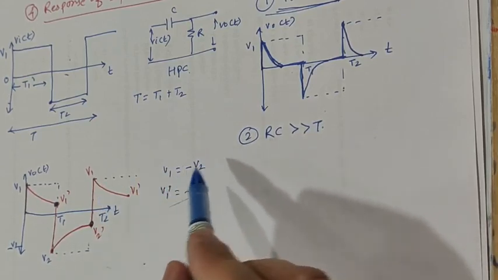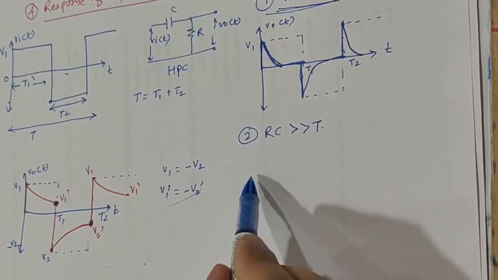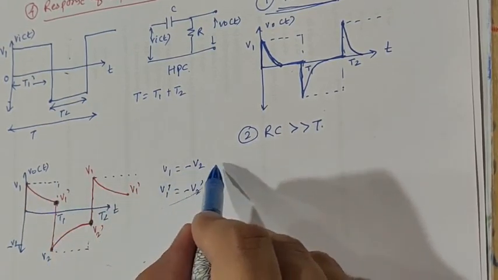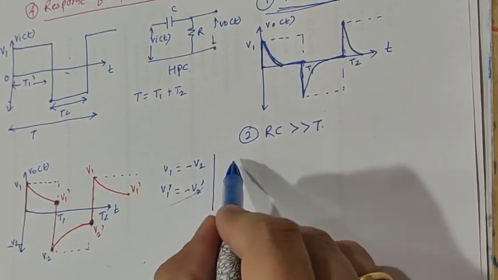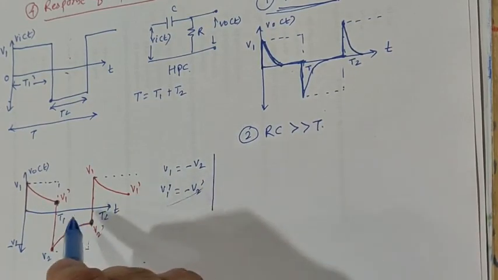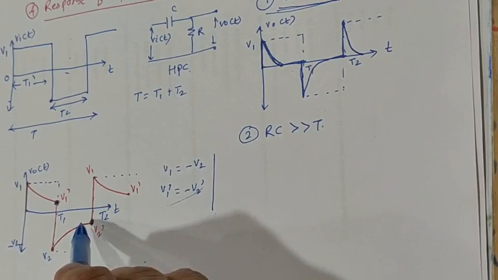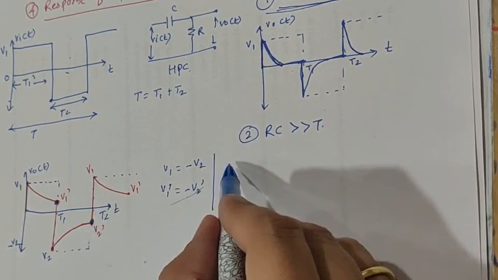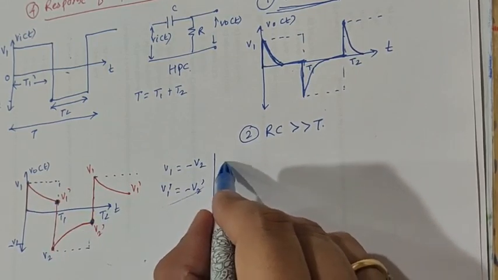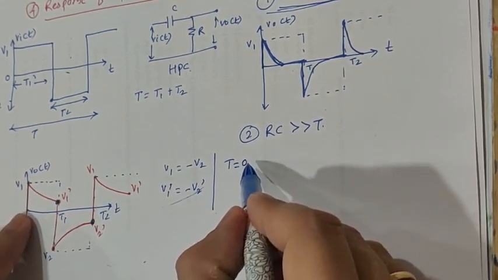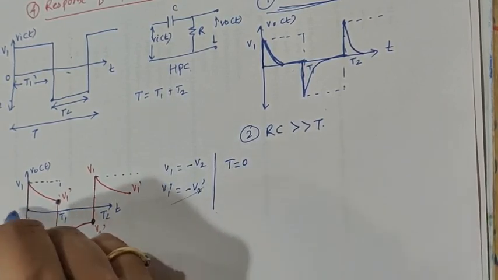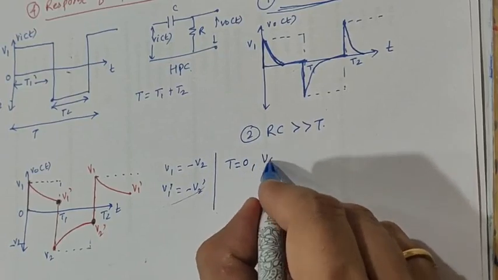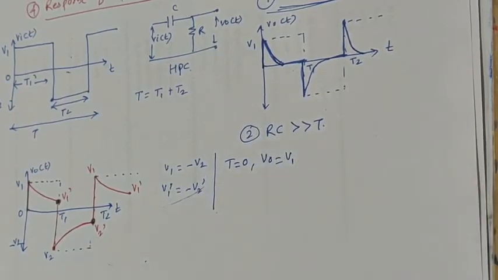Now for that purpose let us define some points. Consider this diagram. Considering this diagram, I am writing certain points and you can see if it is true or not. When the square wave is applied, the output is as follows, the red diagram that I have drawn. Here you can see that at t is equal to 0, what is the output? The output is V1. So I will write V0 is equal to V1.